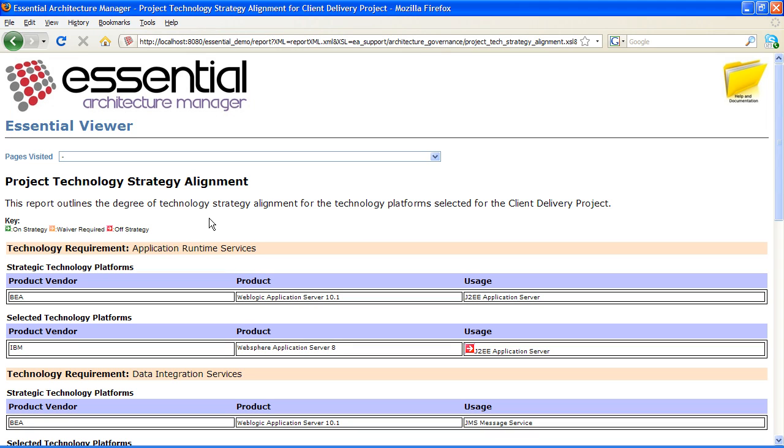Here's the Essential Viewer again, and we're looking at the same report, the Project Technology Strategy Alignment. We can see here we've got IBM WebSphere, which is off strategy, but this is before we made the update in Protégé, so we need to refresh this report. And now we can see it's changed, the selected technology platform has changed to BEA WebLogic 10.1, which is the